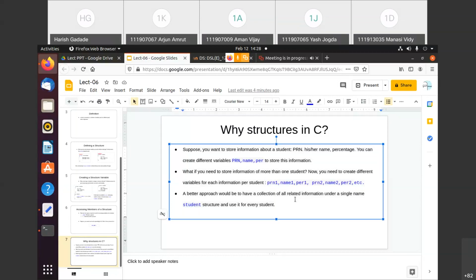Getting this? Similar to this, S1 or S or S2 we can consider a particular student, and attributes for the student are like name, PRN, percentage, address, city, whatever. Getting this? So because of that we need to use the structure.